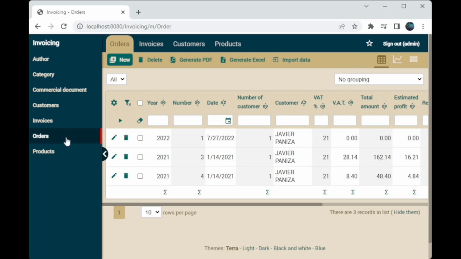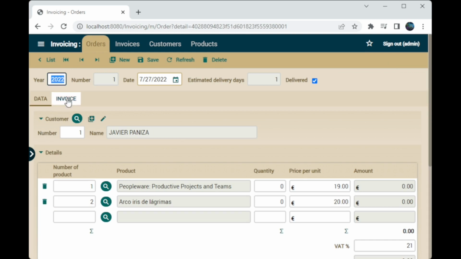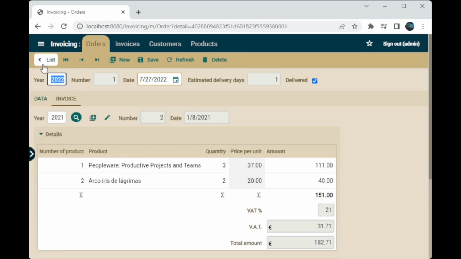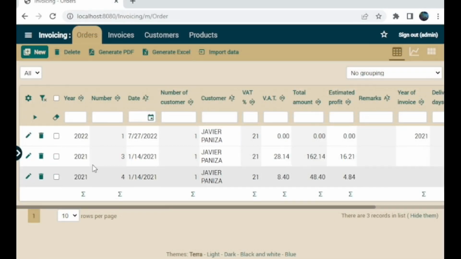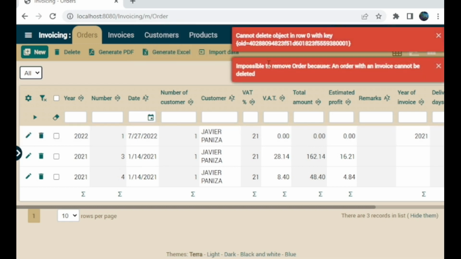We're going to click on orders. We're going to choose to edit an order. We're going to see that it has an invoice. So we're going to try to delete the order, and the validation errors are going to take place. Therefore, we can say that the validation is taking place.